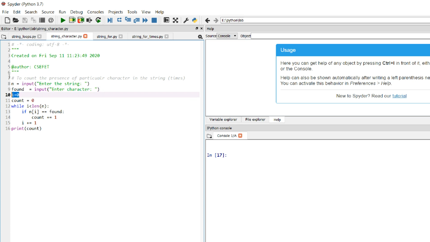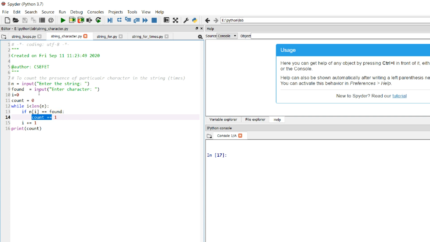We initialize i equals 0 for the loop, count equals 0 which counts the number of times the character has come, and the while loop is used: while i is less than the length of the string, if the character of the string matches with found, then increment the value of count. If not, then i will be incremented.